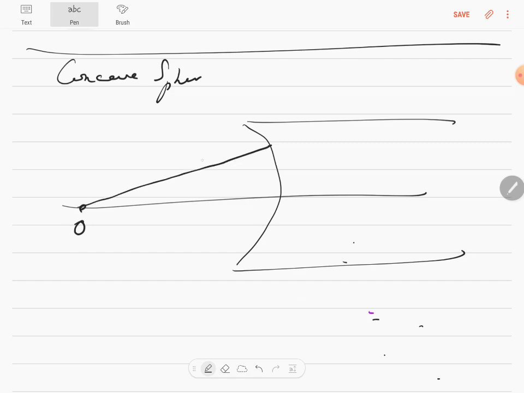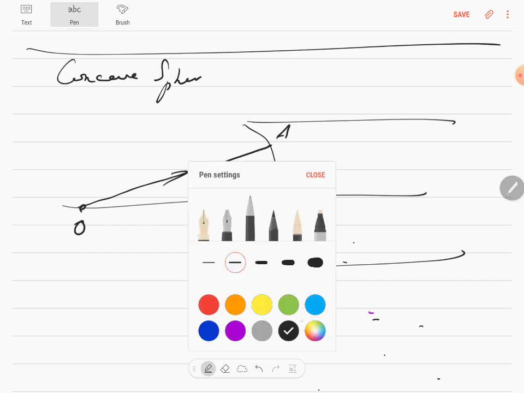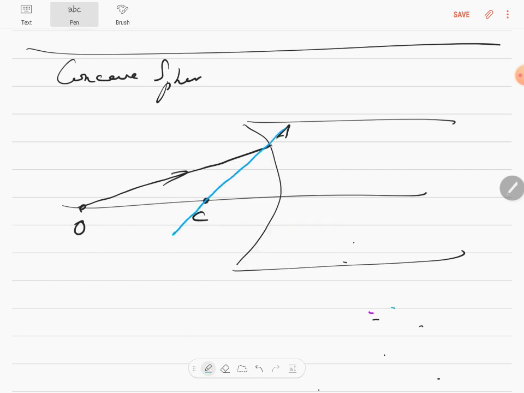Again the light ray will go here and hit here. This is the point of incidence. You know there will be a center of curvature. Join this and you will get the normal. So the light ray is entering from rarer to denser, so it's going to bend towards the normal. So when it goes towards the normal,